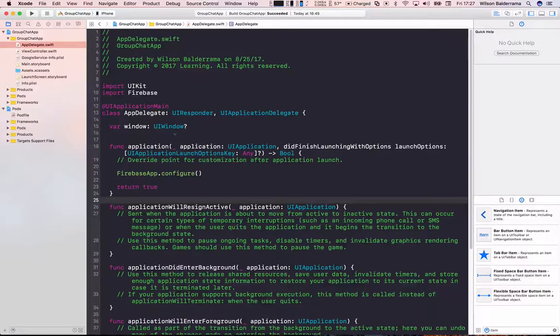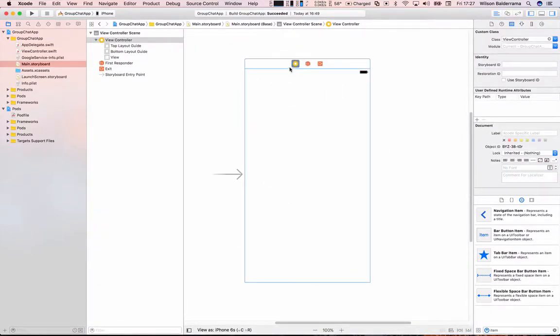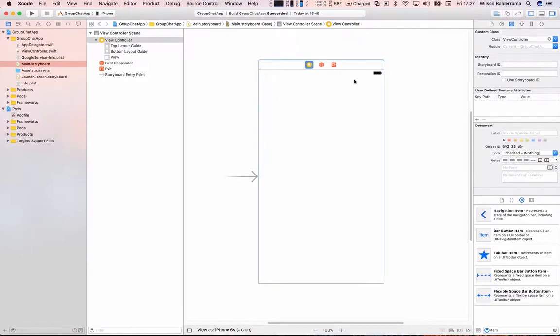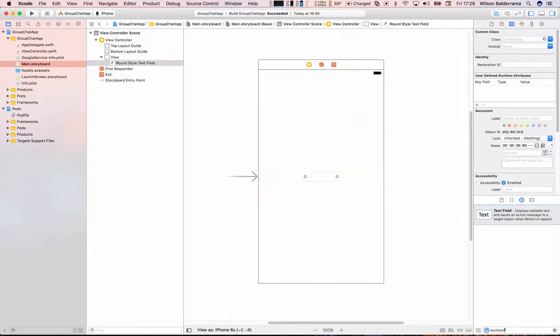Okay, in this video we are going to start creating the UI, and I'll go to the main storyboard, and in here I will create the first screen that is about creating a user, and which we will need a text field and a button to create the user. So I will search first for the text field, and I will drag it here, and I'll put it here in the center, and also a button,